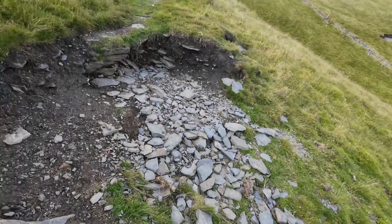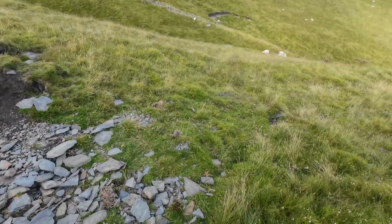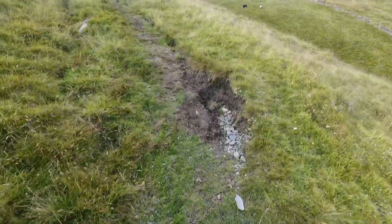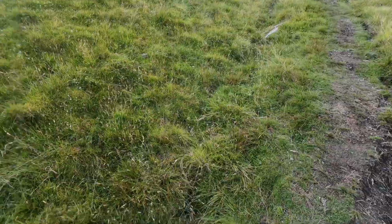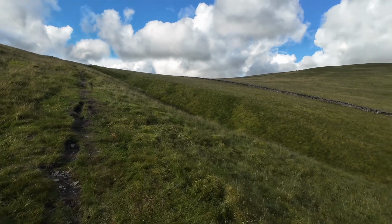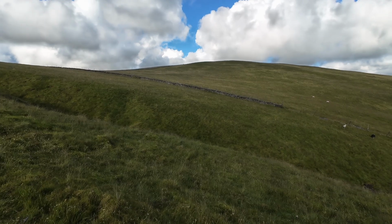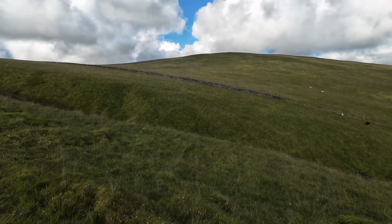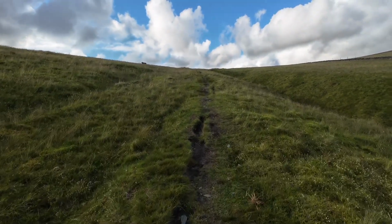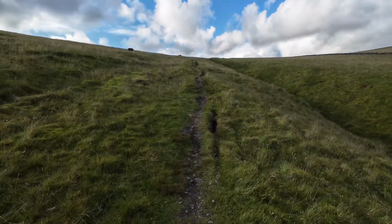A little bit of erosion here. And it almost looks like rain comes off and runs down here. But there's no sort of sign of it before or after. You know, usually you'd see, I mean, there is a bit of a gully here, so quite possibly. It's starting to level off a little bit now. You can see fence turns into wall, goes up, and where we are on that map, where the wall meets the fence wall, then we take it up from there. So hoping when we get up here there'll be a stile which will dictate which side of the fence wall we'll be going on. Again, this is new territory to me now,